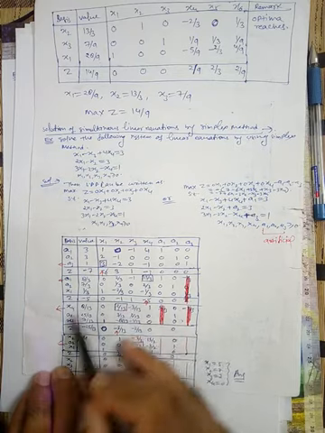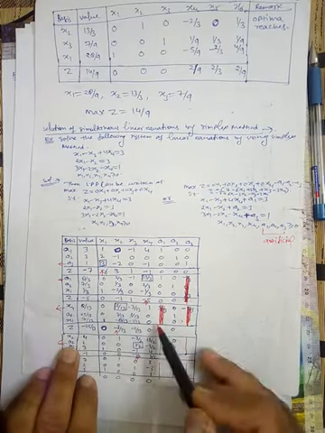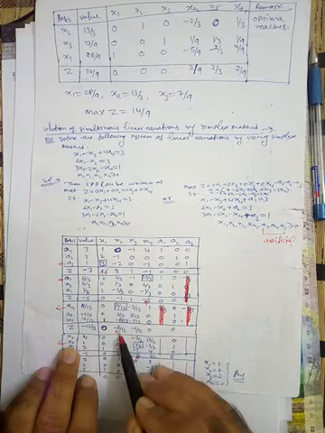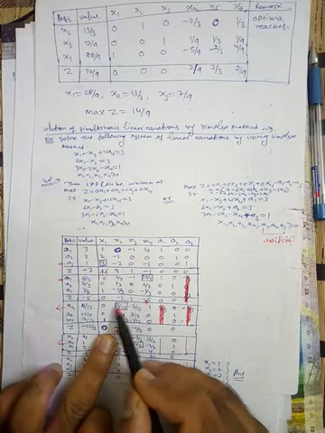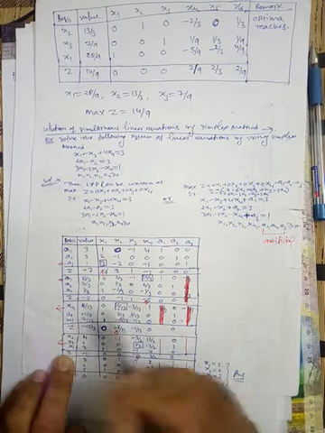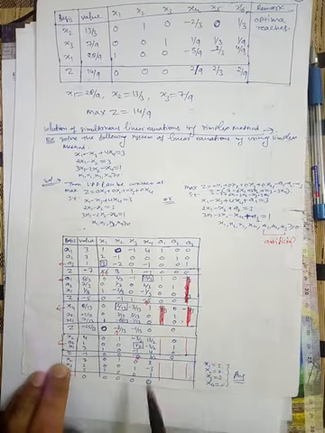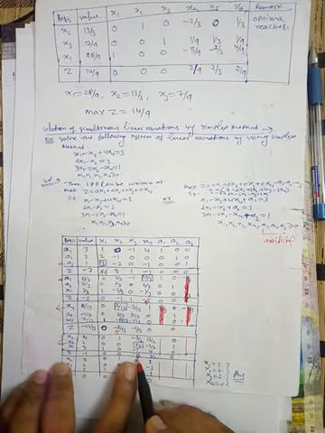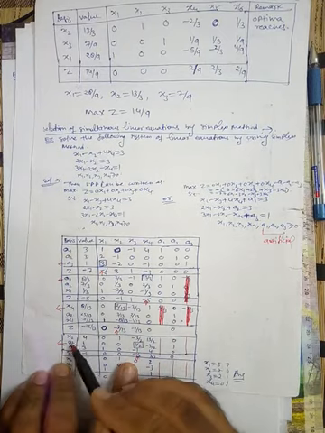Then we get this matrix, and here the most negative value is minus 3 by 13. So this will enter the basis. So find the minimum ratio, which will occur with respect to x4. So now x4 leaves the basis and x2 enters the basis. So we get this matrix, and again here is a negative value. So that's why x3 enters the basis and we have only one positive value. So A2 will leave the basis.